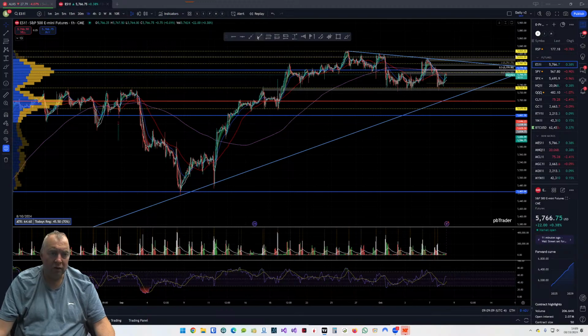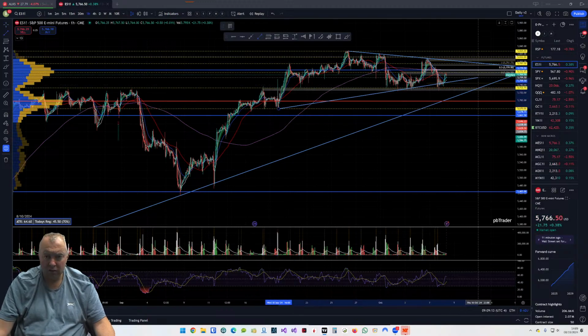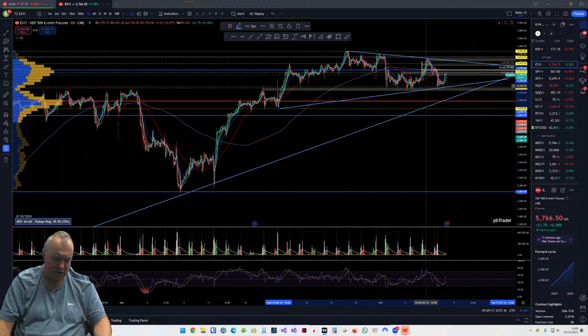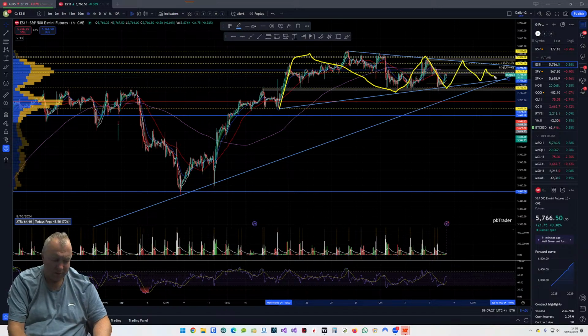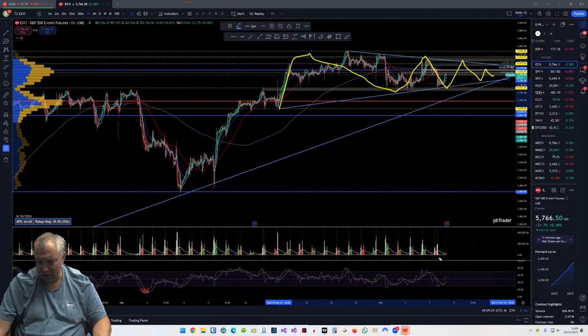Let's just draw another line as well. I just want to see if there's any patterns here. Potentially we could be looking at this narrower where we've been coming up, coming down, coming up, coming down, and just maybe we might just fill that in before we make a decision, and that could be another 2 or 3 days. We've got earnings, financial earnings coming in this week as well.